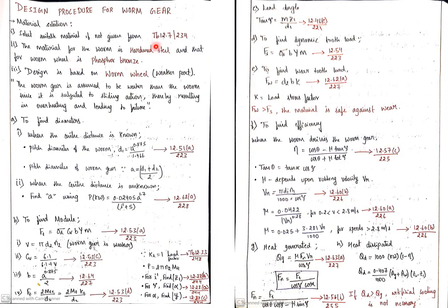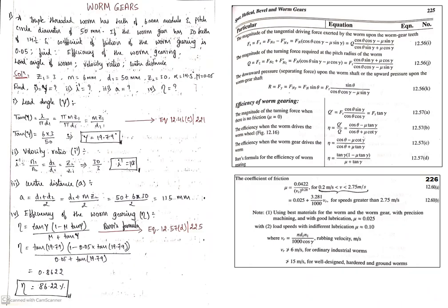So basically we cover the design procedure. In lecture 1, if you want, you can check out that video. I have just taken it here for your reference, so there is no need to shift back to other videos. In this problem, we shall solve where the center distance is not given. This is just a basic problem for your understanding.